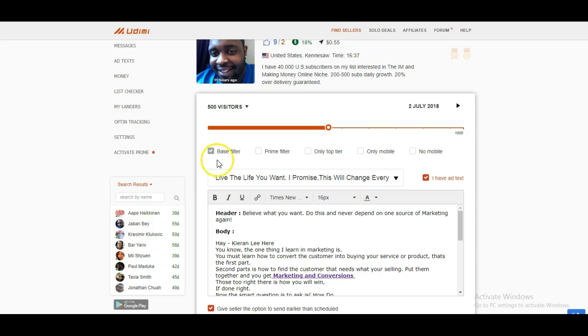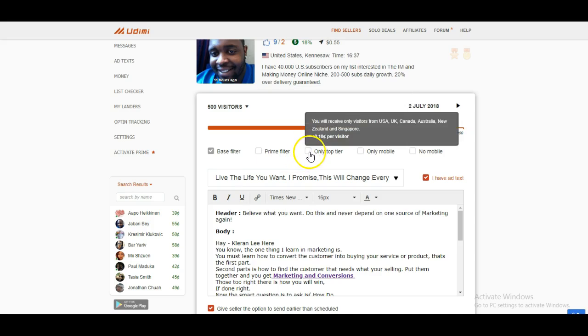It already came with a base filter. Okay, this base filter is already clicked on. It already has a check mark on it. Now what I did was I added top tier emails. So top tier emails means people who speak English, the countries that speak English. I wanted to send it to only English, and it basically tells you right here: U.S., UK, Canada, Australia. So it sends